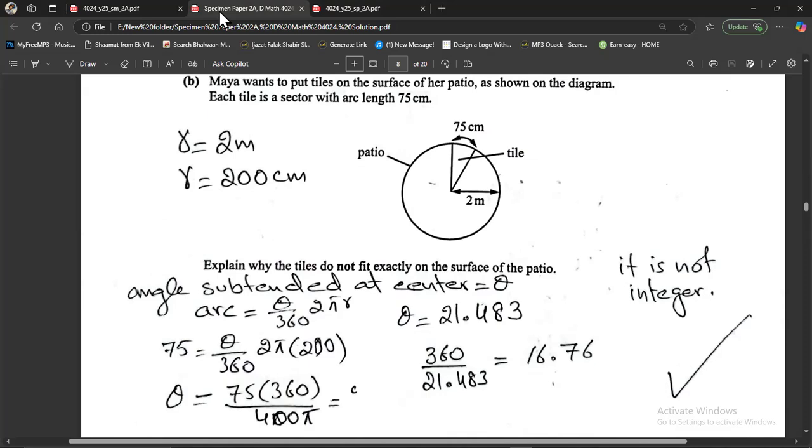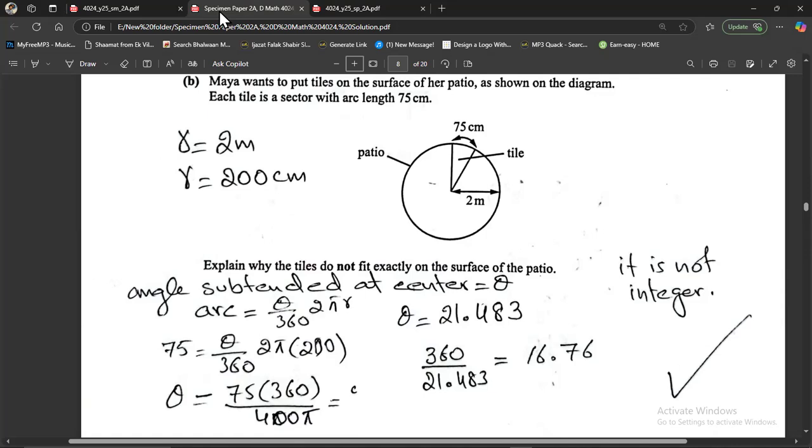I need to find out that angle. So arc is equal to theta by 360 times 2 pi r. The arc length is 75 centimeter and the radius here is 200 centimeter. So 75 is equal to theta divided by 360 multiply 2 multiply pi multiply 200. Here I don't know what is the theta, the angle subtended by that arc at the center. So theta will be equal to 75 multiplied by 360 divided by 400 pi, and that is